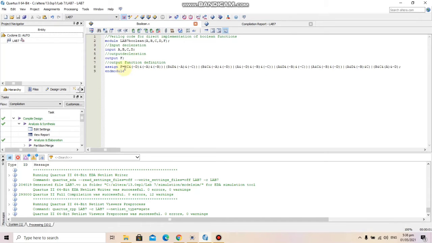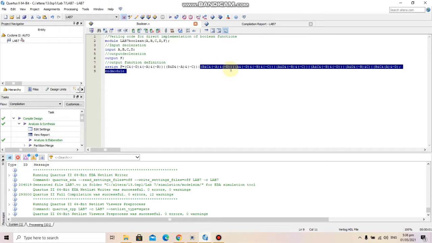We can see we have 8 blocks. So one block is, as you can see, this is the first block, then we have the OR gate, and then the second block, then another OR gate. So after every OR gate there is one block, which represents one function which gives output 1.